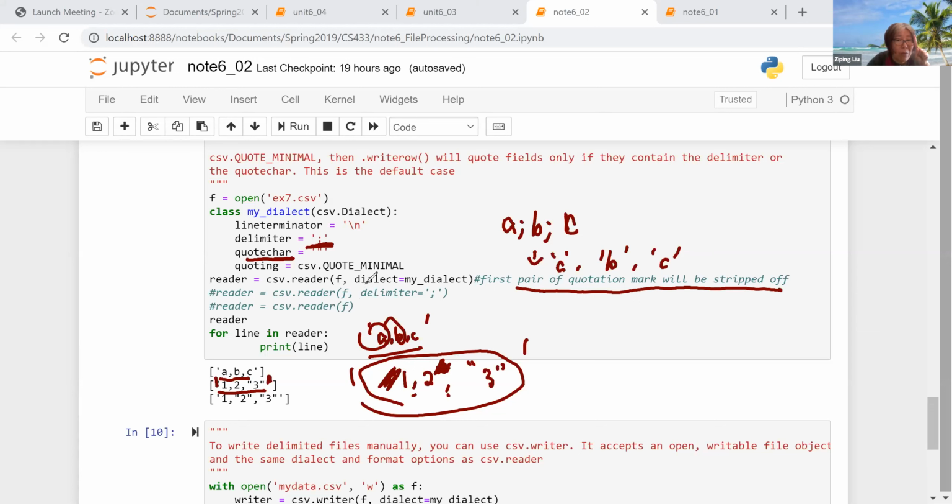Okay, when you use this dialect, whatever you defined. And the same thing for the third one. The third one has 1, 2, and 3. So it will take the first quotation mark off and then consider all of it as a single item. Okay, so what we are trying to show here is that